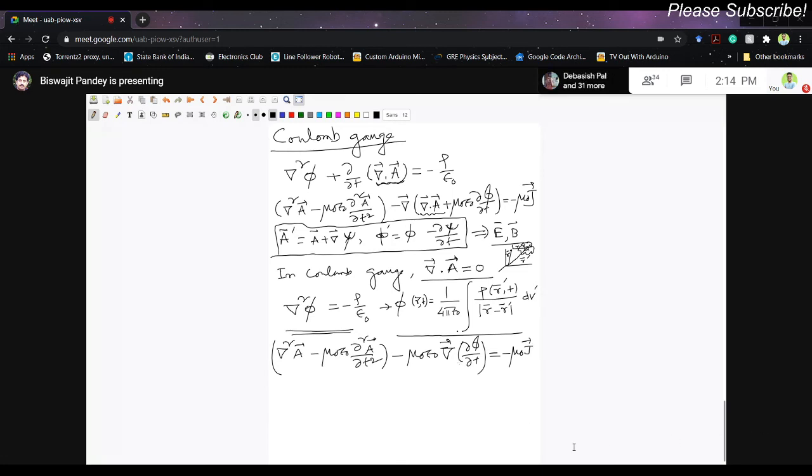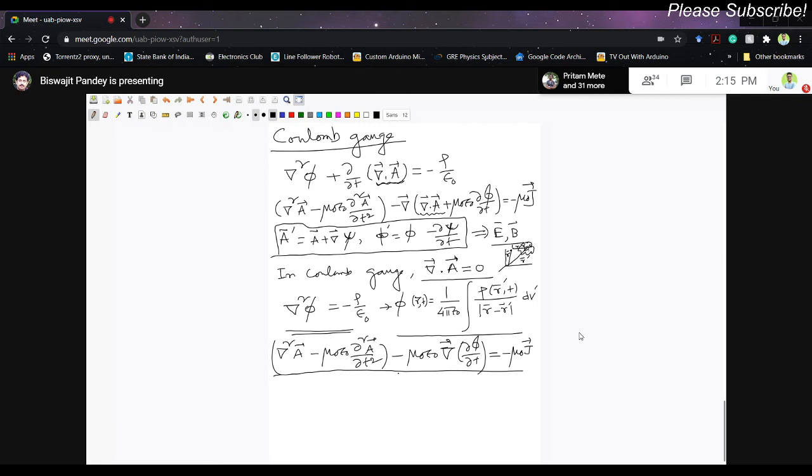So one may think that since I have solved phi, maybe you can calculate the electric field, but no, this time it is not possible. In electrostatics it is possible: you can take the gradient of phi and get the electric field. But this time it is not possible, because in order to calculate the electric field, you need both phi and A. So you have to find phi by solving this equation by the Green's function method, and then you simultaneously need the time derivative of A, and that is only possible if you can solve this equation. And this equation still remains quite complicated. You cannot solve it very easily. Solving the first equation is easy, but the second equation is not easy.